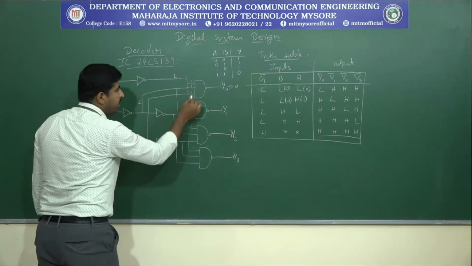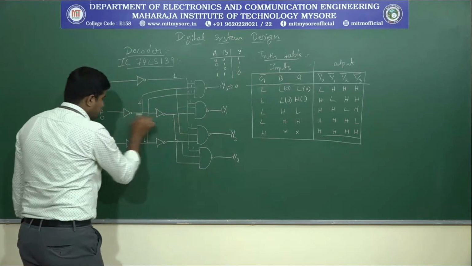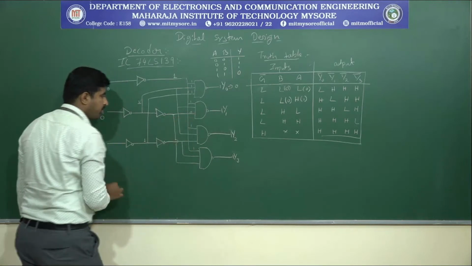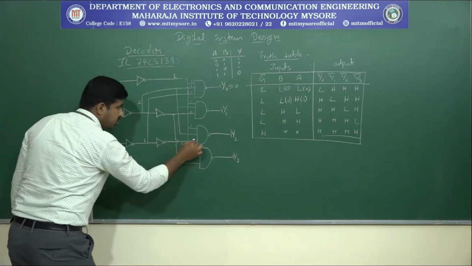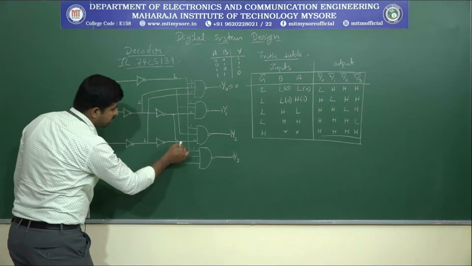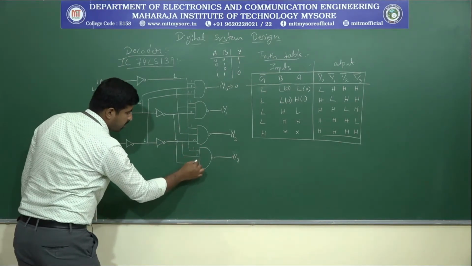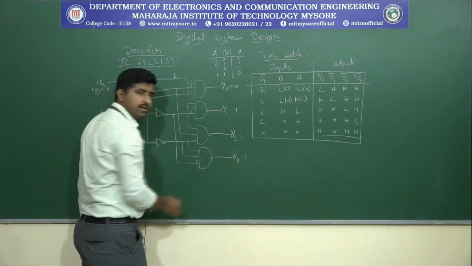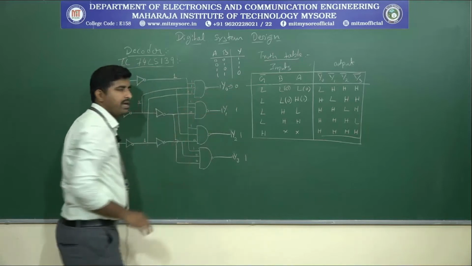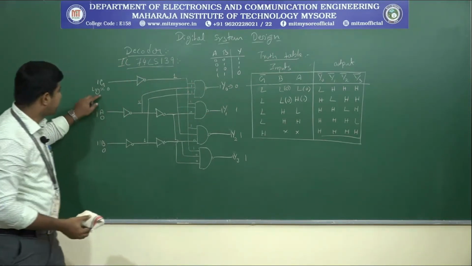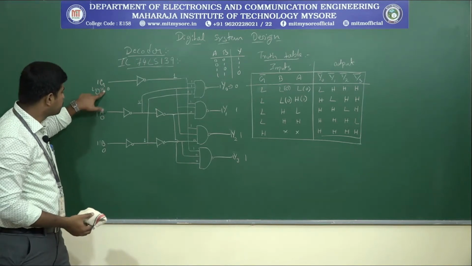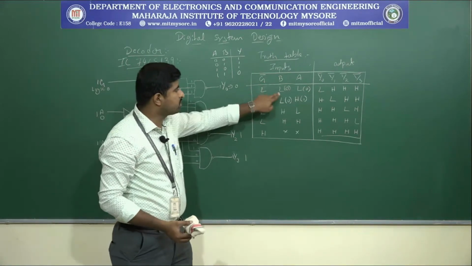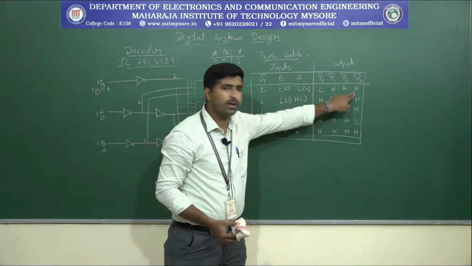But if you look at A and B, this is connected to A, which is inverted again. So this is 1, and if you invert it again, it will be 0. Again, this is connected to B, which is inverted again. When you connect it to this one, this will also be logic 0 and logic 0. We know that any one of the inputs being 0 means the output will be 1, and when all the inputs are 1, the output will be 0. So for the corresponding inputs 0, 0, 0, the output will be 0, 1, 1, 1. Similarly, for the input 0, 0, 0, the output will be 0, 1, 1, 1.